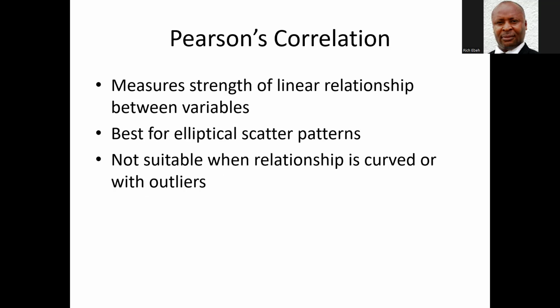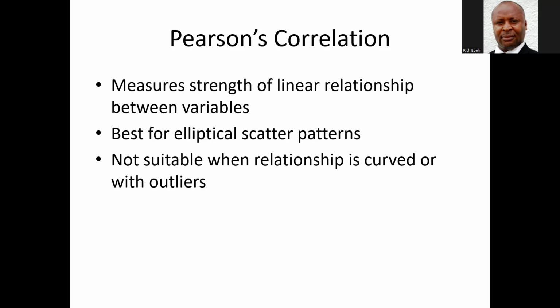Pearson correlation is quite different from Spearman correlation in that Pearson measures the strength of linear relationship between variables, in the sense that Pearson will always use interval or ratio data that are normal in running its analysis. Pearson is best for elliptical scatter patterns, and it's not suitable when the relationship is curved or